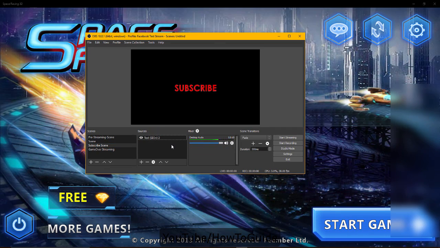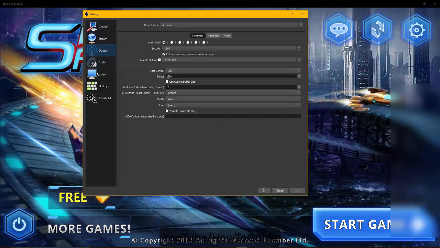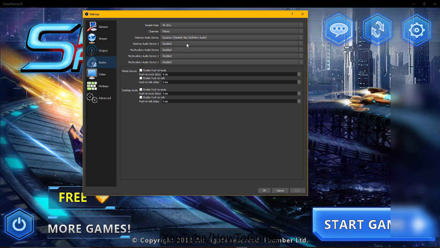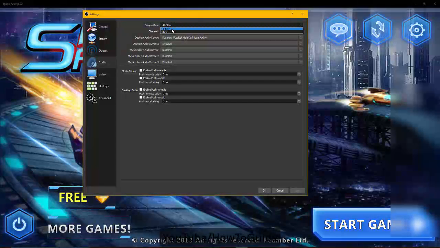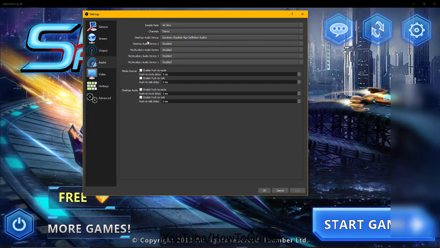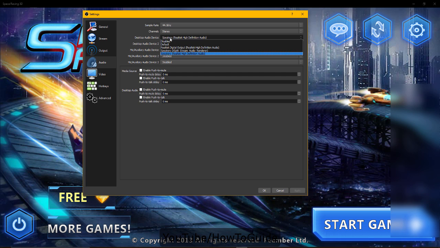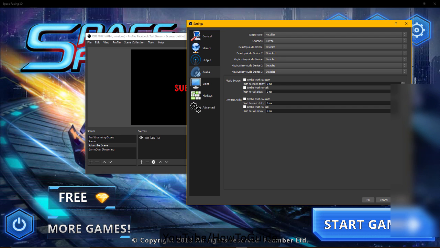Then you want to set audio as well. You can actually set your desktop audio here. Go to audio, and this is where you set your audio settings. So always choose stereo, and you can also choose the sample rate here, 48 or 44.1. It depends on your internet speed. Then go to the desktop audio device that you want to choose. You can also just disable it. If you disable it, what happens is that